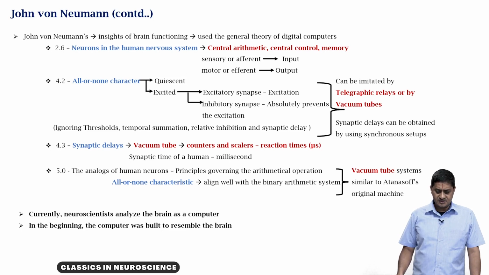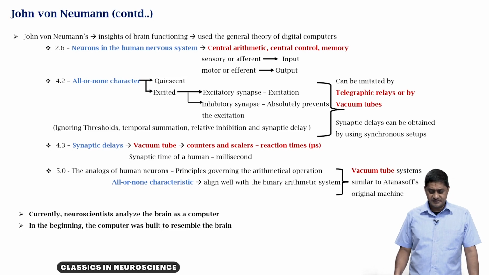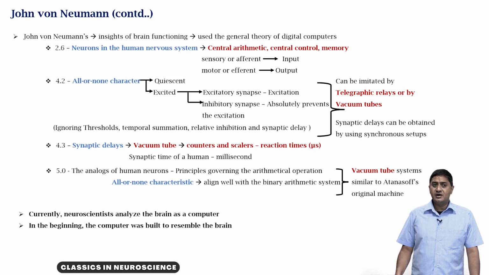He said that there are neurons in the human nervous system. Likewise, you have the central arithmetic, central control and memory. In the sensory or afferent system, likewise, you have the inputs; you have the motor or the efferent systems, likewise, you have the outputs. And like the all-or-none characteristic of the action potential of the neuron, that is either silent or excited, you have an excitatory synapse that causes an excitation and an inhibitory synapse that absolutely prevents excitation. This can be imitated by relays, as was discussed and shown by Claude Shannon,